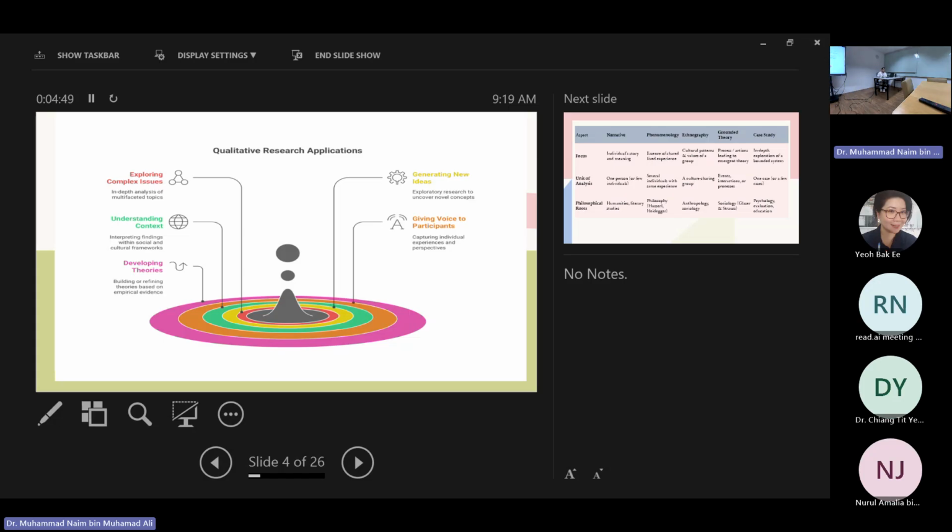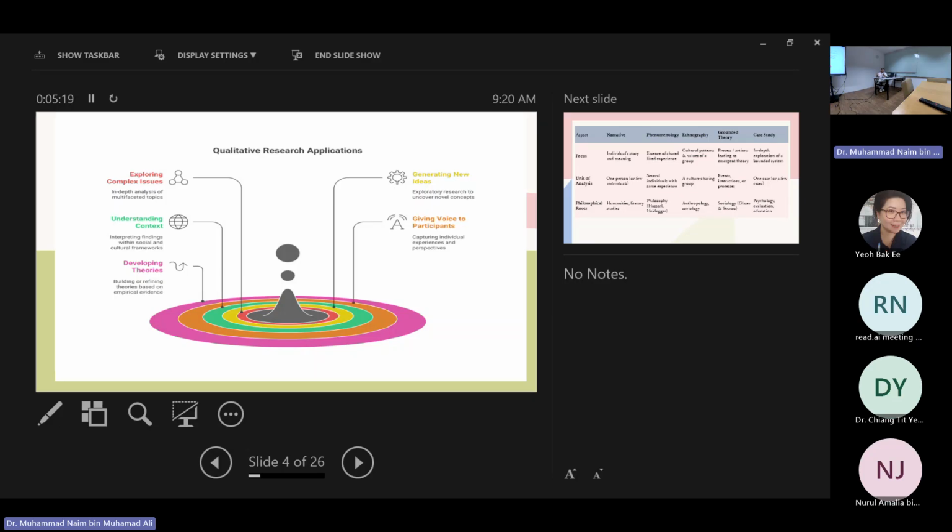Qualitative research can be applied to generate new ideas, meaning to explore and uncover more concepts. For example, the concept of violence. In quantitative research, everything that you know about violence is only general. However, violence in qualitative research can come in different forms.